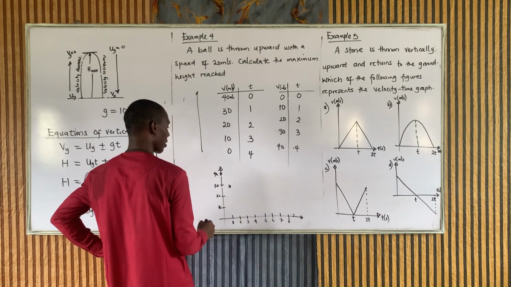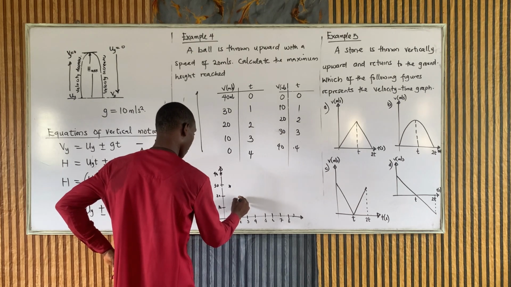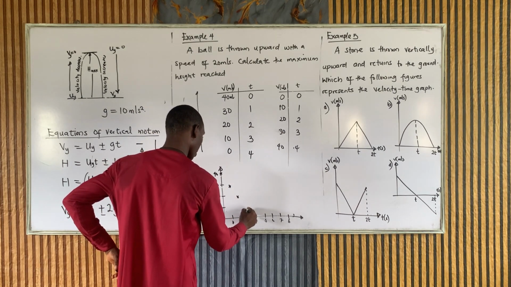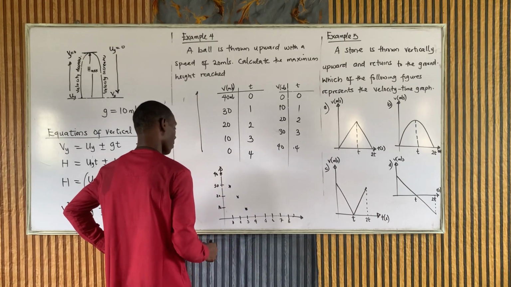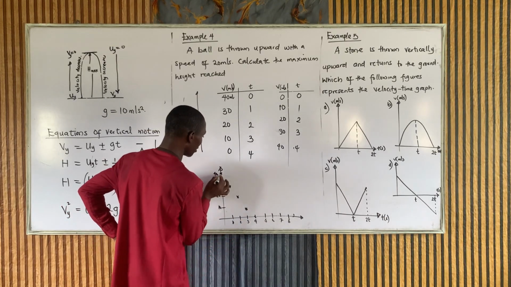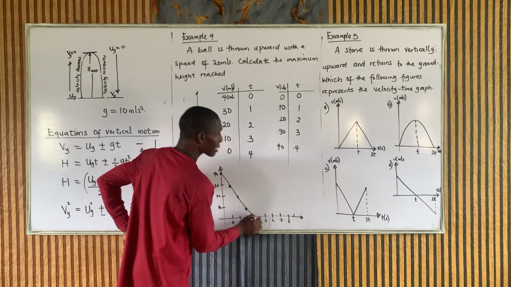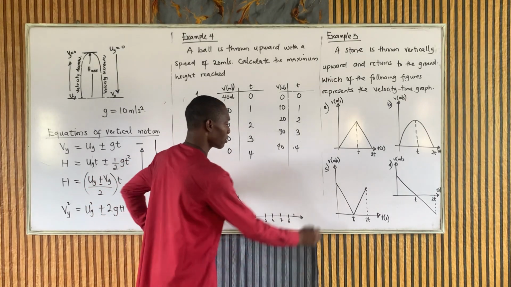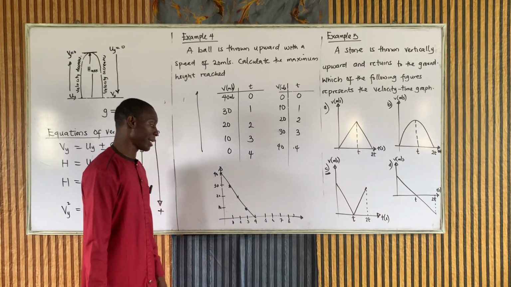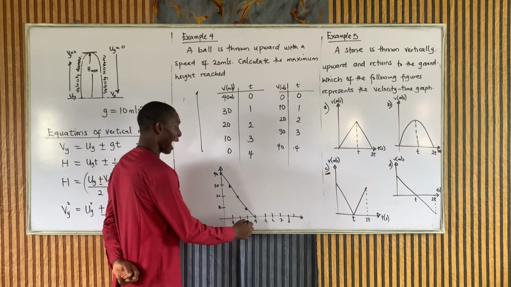Now, at 20, what's the time? 2. This is somewhere here. At 10, what's the time? 3 seconds. This is somewhere here. At 0, this is somewhere here. If you draw this, how will it go? That should give you a picture of what our answer should be. That should be C. And if you keep going on and on again, you will realize that at the 5th